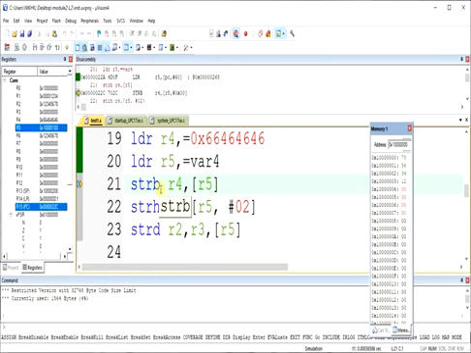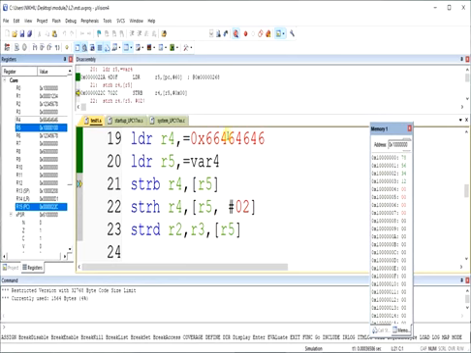Next, STRB, store byte. So this is the source, this is the destination. So in R4 what we have? This value, 46464646. So this byte, that is 46, the last byte, has to be stored in the address pointed to by R5. Where is R5 pointing?